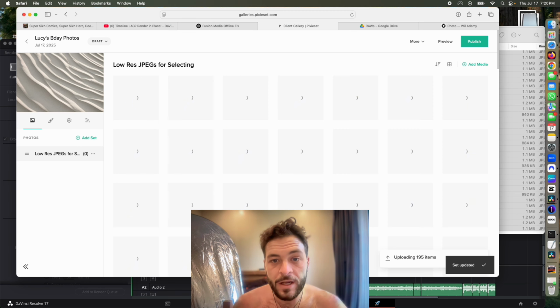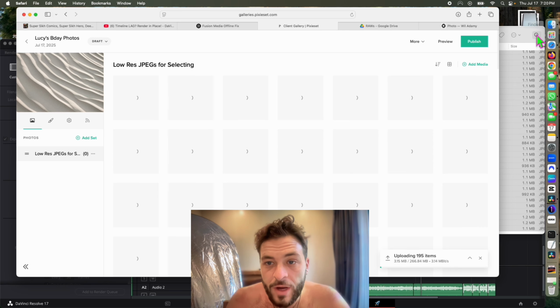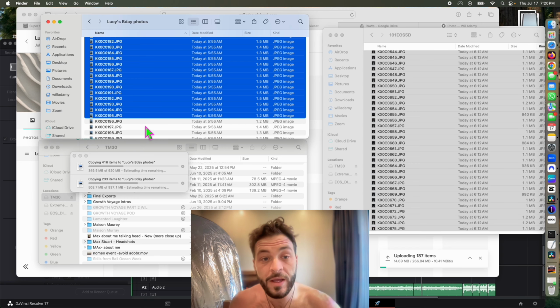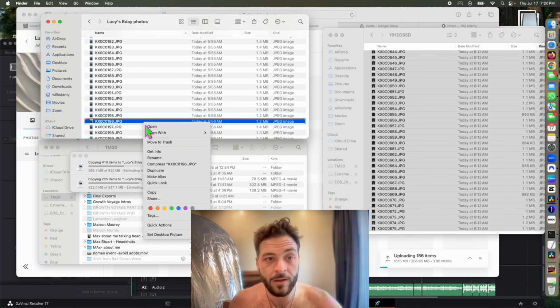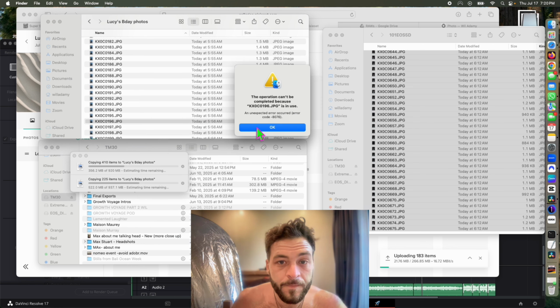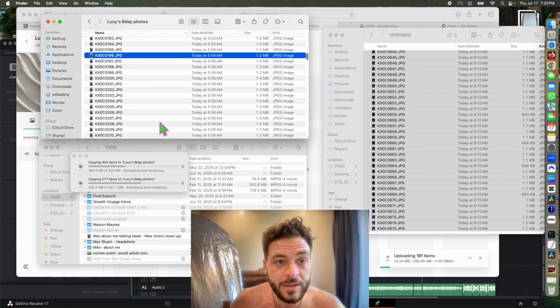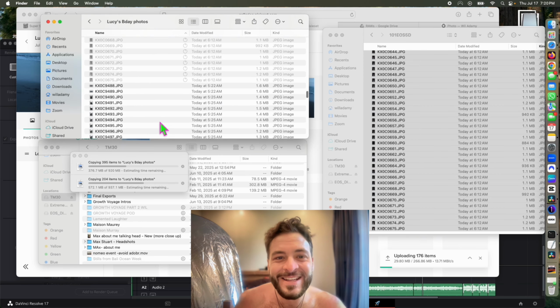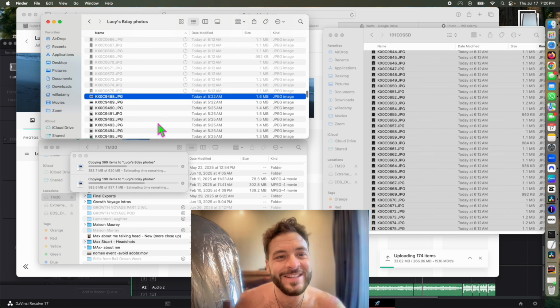You can see I just drag and drop them over, and it takes some time, but if I make these low-res JPEGs pretty much 1 meg or 2 megs, it doesn't take that long. So basically, I took a lot of photos for Lucy, so this is a lot to go through, but in the end,